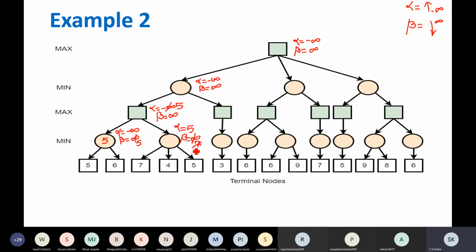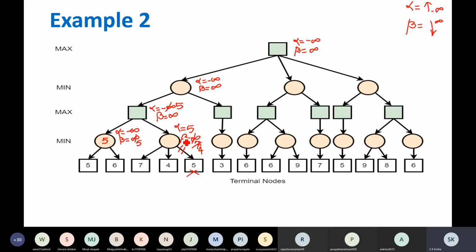So value of beta will be 4 now. Still alpha now. Look at this. Alpha is greater than beta at this stage. Now since alpha is greater than beta, that situation has arisen. Pruning will take place and you need not proceed further. So this will be pruned.